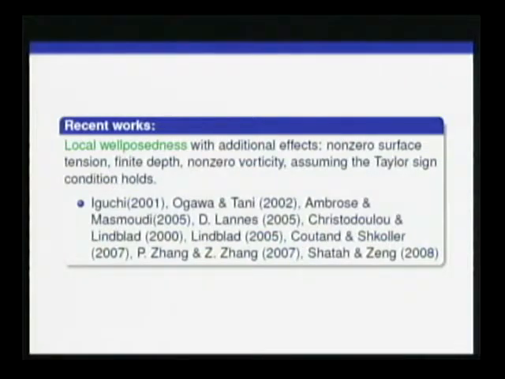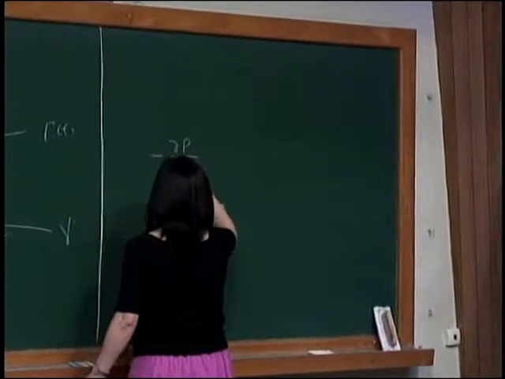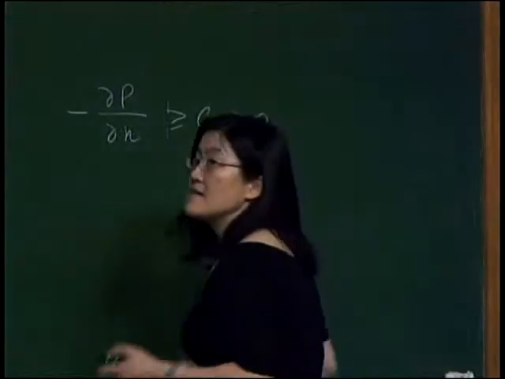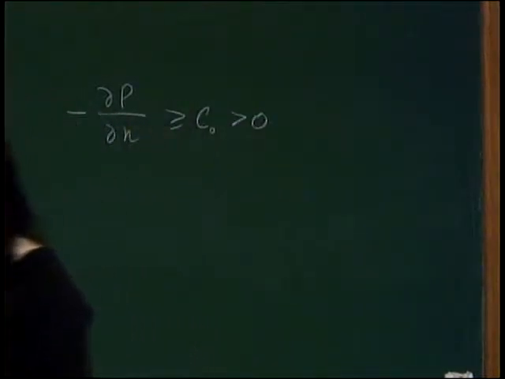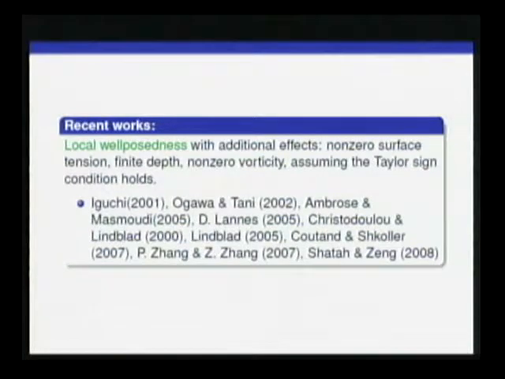But the key point is really, in all of these works, you have to assume negative dP/dN is strictly greater than a constant. Okay, it's strictly greater than a positive constant. So in all of these works, it's crucial that the negative dP/dN is greater than a positive constant. Okay, but in those works, because you cannot really prove it, you have to assume it. Okay? Because the bottom, the vorticity, and the surface tension all indicate that it's no longer,